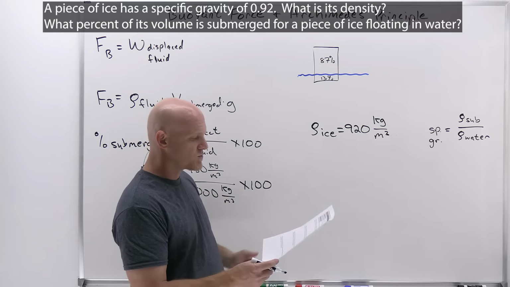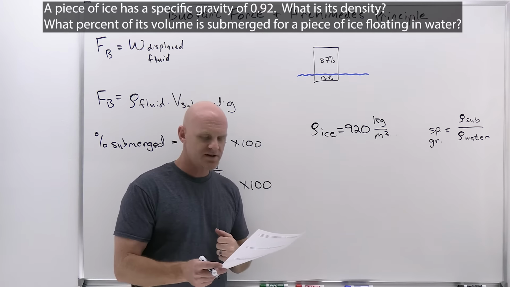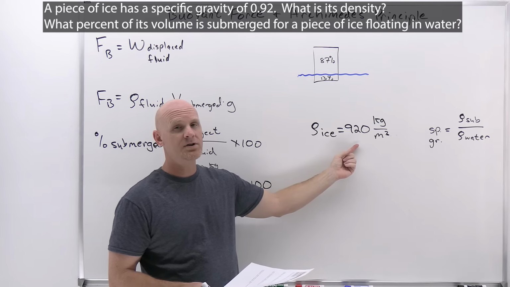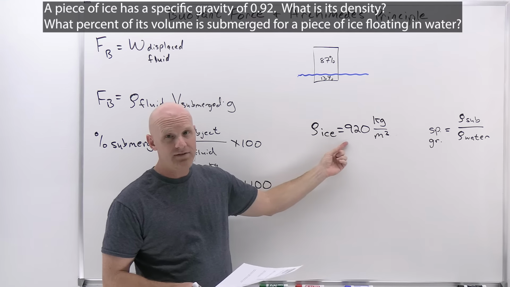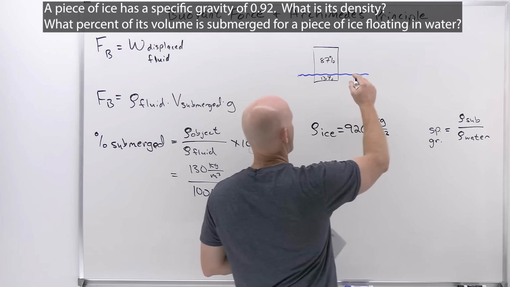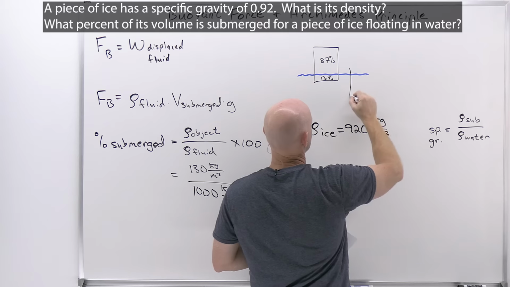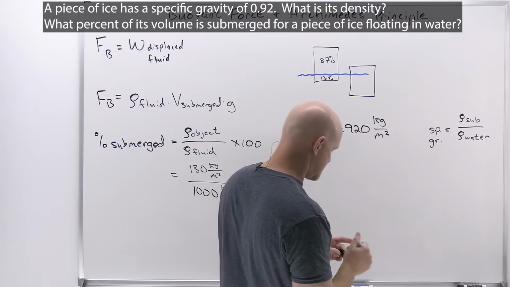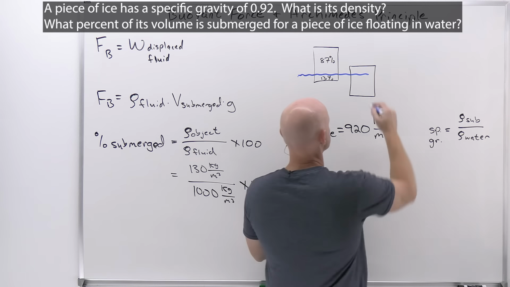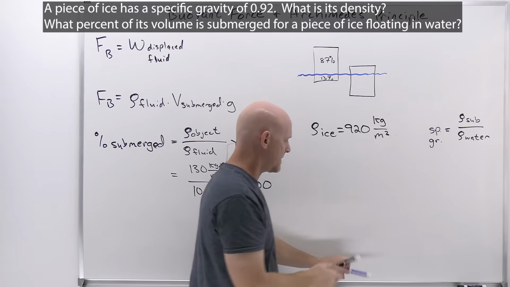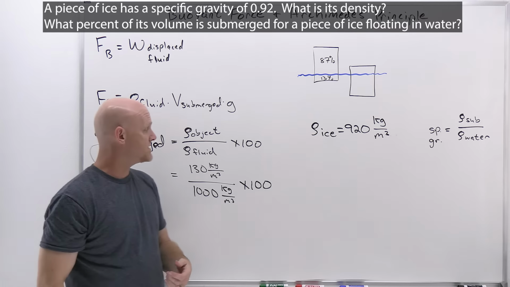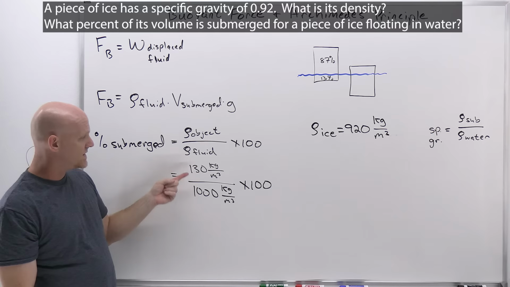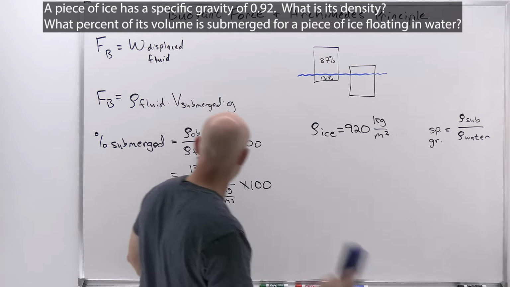Second half of the question again says, what percent of its volume is submerged for a piece of ice floating in water? And now, notice we're getting way close to 1,000 kilograms per meter cubed. We're definitely higher than 500 kilograms per meter cubed, where half of it would be submerged and half above the surface. So now we've got this piece of ice where most of it is actually going to be below the surface instead of above the surface. And in this case, again, with a specific gravity of 0.92, it's 92%. So 920 out of 1,000 in this case instead